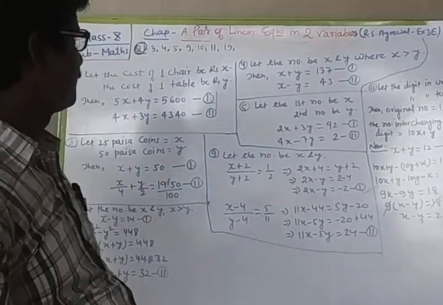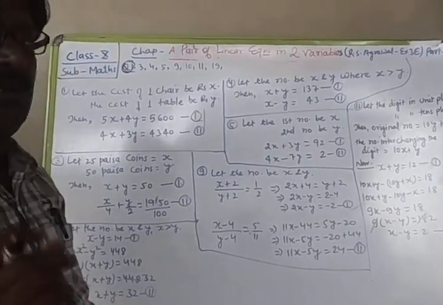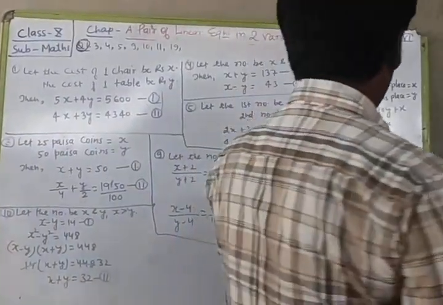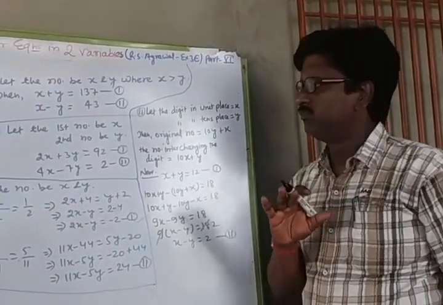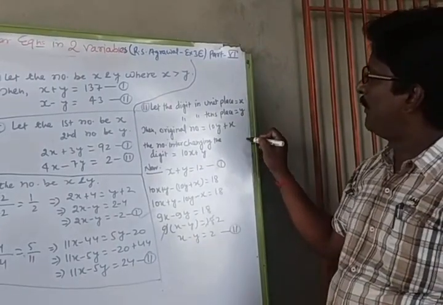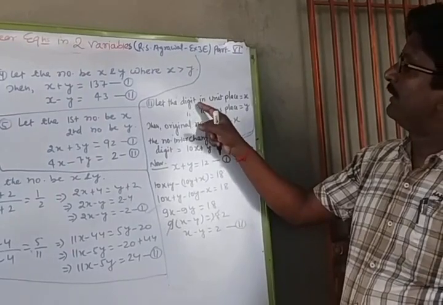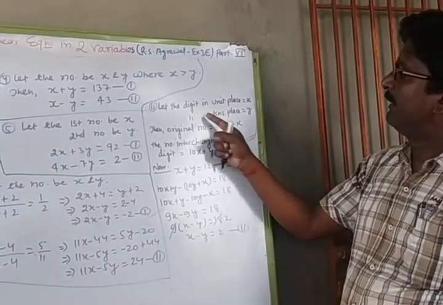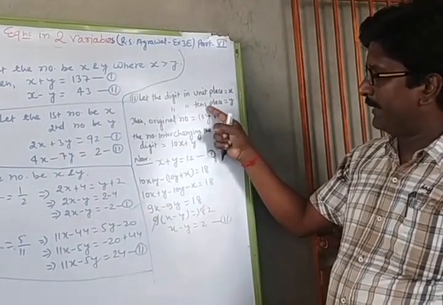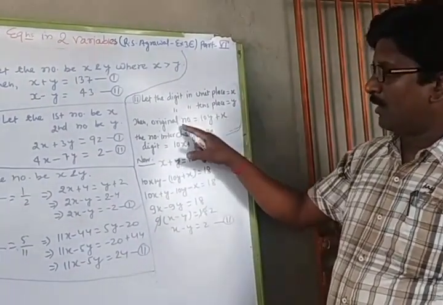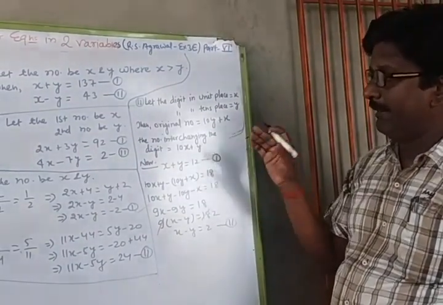Okay. Now question number 11, and question number 11 is based on the 2-digit number. And in 2-digit number questions, I will explain. See, whatever the question is given, it doesn't matter. In all the questions, this is common for each and every question. First you consider the digit in unit place, then consider the digit in tens place. I have considered the digit in unit place as x and the digit in tens place as y. So the original number will be 10 into y plus x, and then you write the interchanged digits.